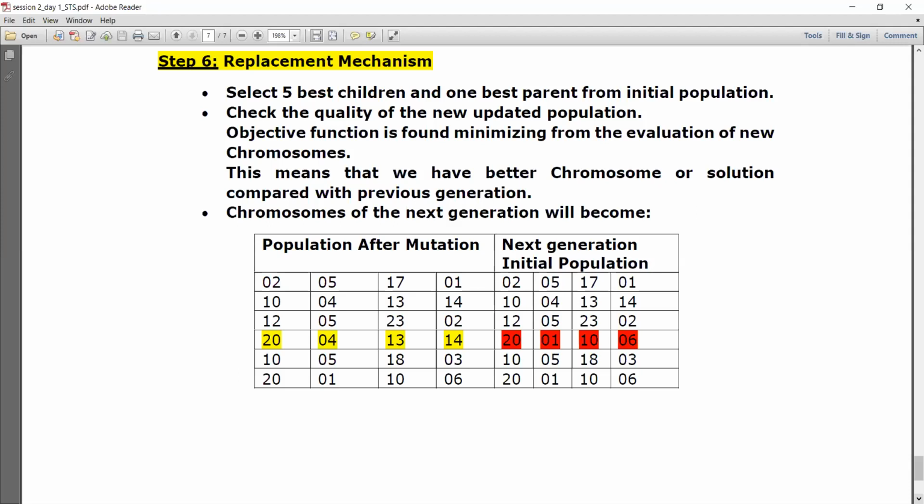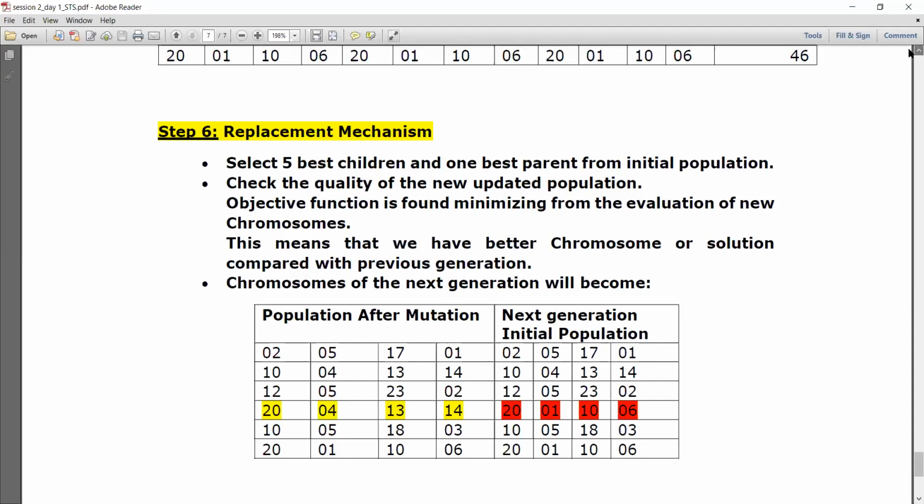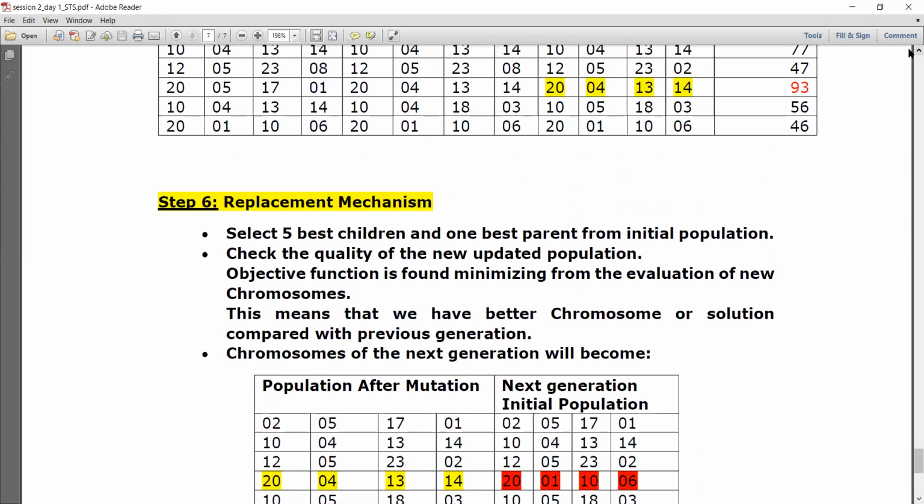So in the previous generation, what is the most minimum objective value solution? You have that. Now you introduce that. That solution is now highlighted in the yellow color, 12, 24, 13, 14. That is the solution which brings 46 in the previous iteration. So now I am going to allow only 5 best children of that offspring produced after mutation process. Clear? I have a population set after mutation process, right? So now the yellow highlighted solution is removed. Why? Because that fellow has got a very, very poor fitness. I have even highlighted it with red color, 93.